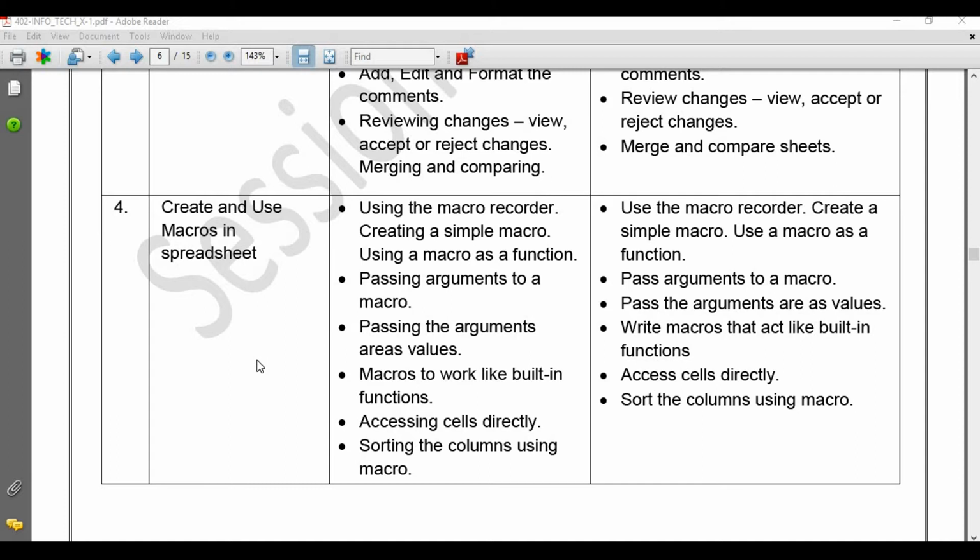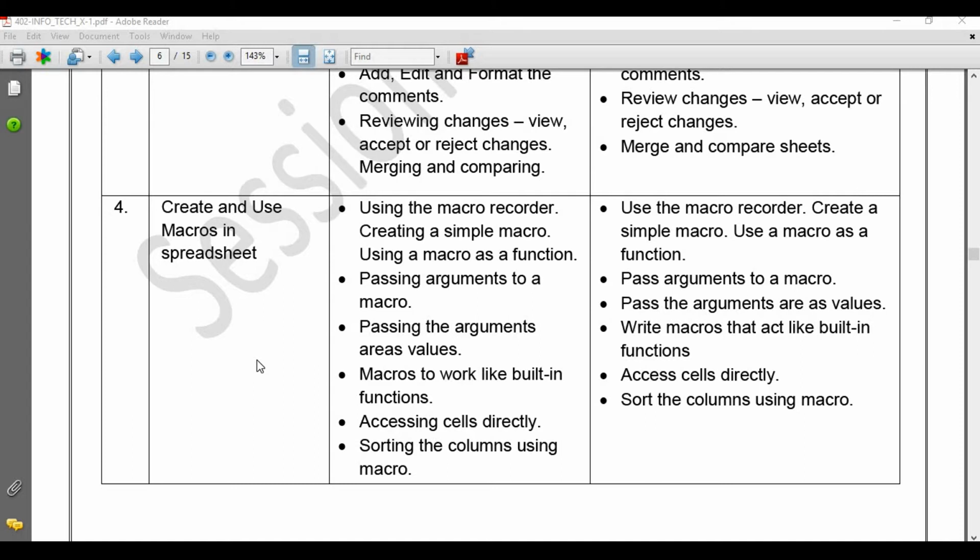Here we are continuing with unit number 4, and today we will learn learning outcome 4 of this unit. Its name is Create and Use Macros in a Spreadsheet.